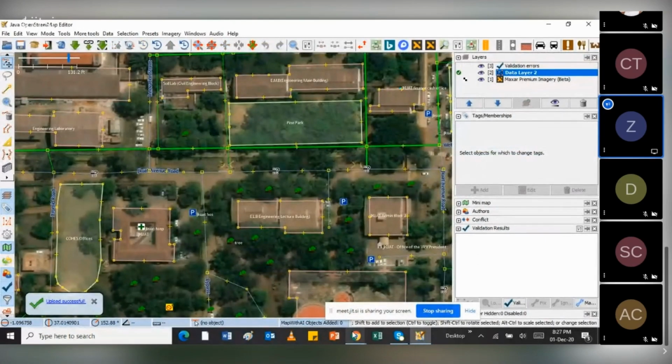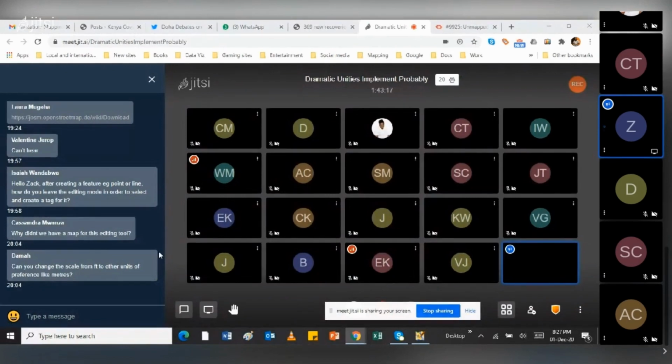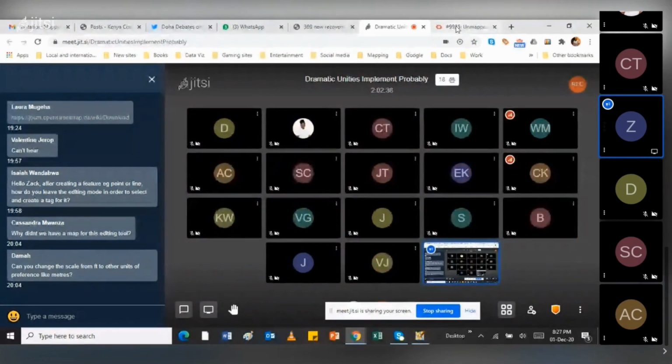I don't know if there's any other question before I move now to the tasking manager. Any question? I'll jump quickly. Laura, in how many minutes are we back, so that I also don't take long, because I know we're supposed to do a small mapathon. Laura, how much time do I have?